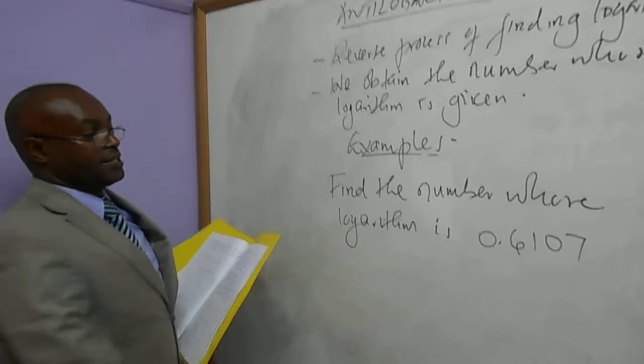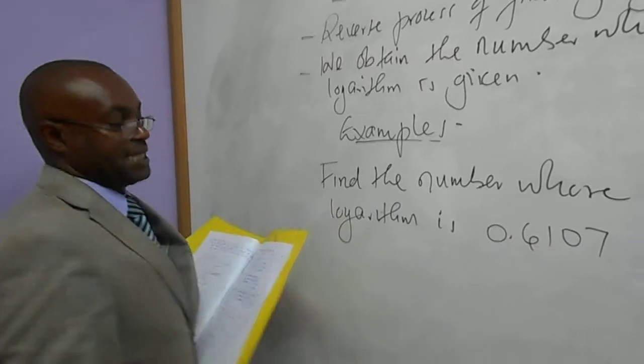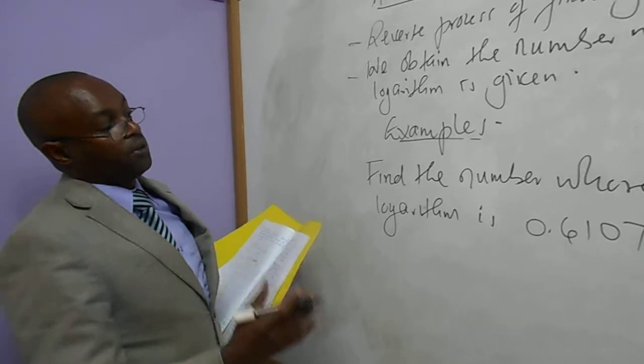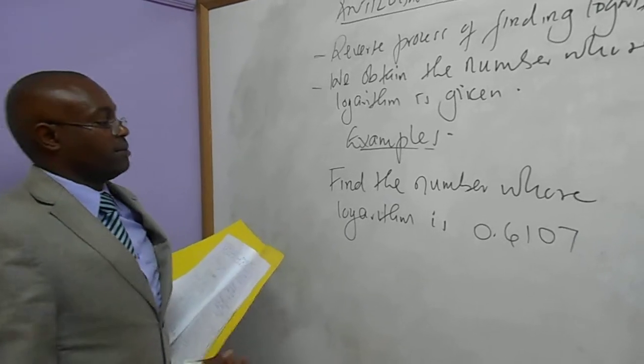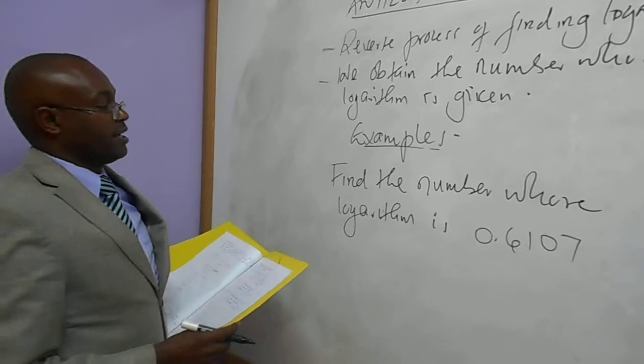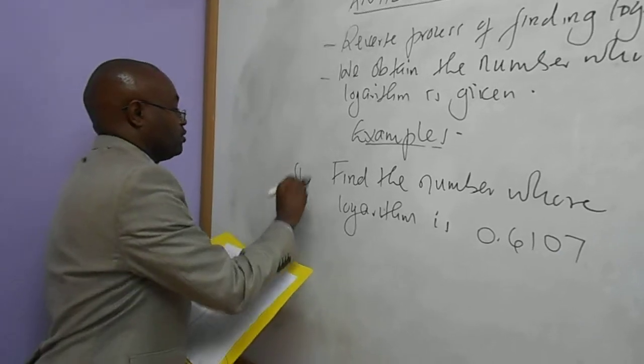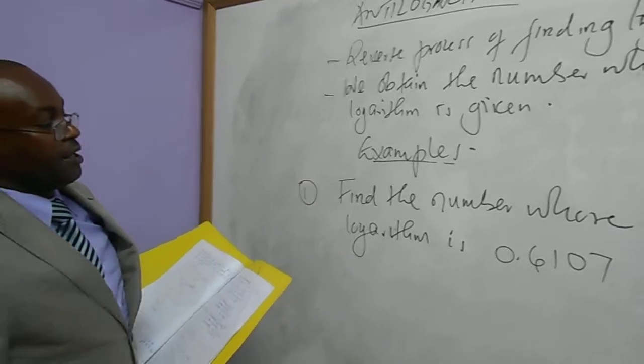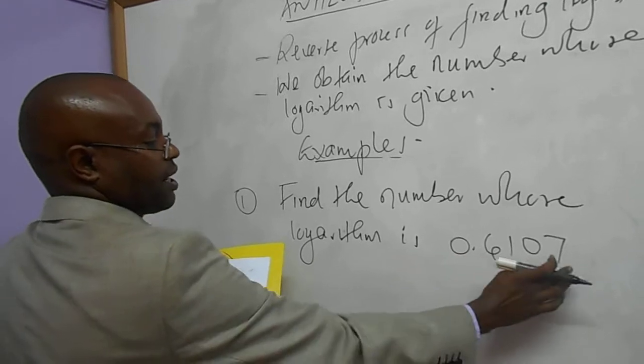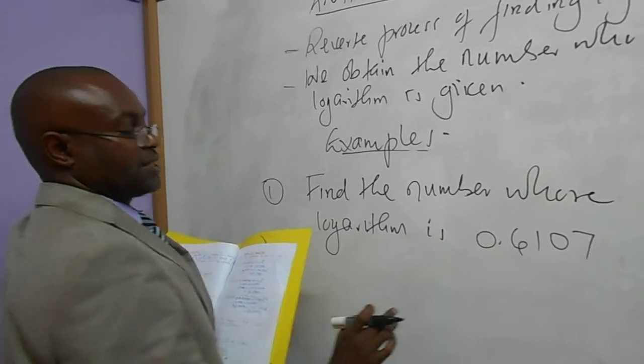Another way this can be expressed is 10 raised to 0.6107, because that's a logarithm for us to find the number. Now, to approach this, you realize that this logarithm, we have said, has two parts,